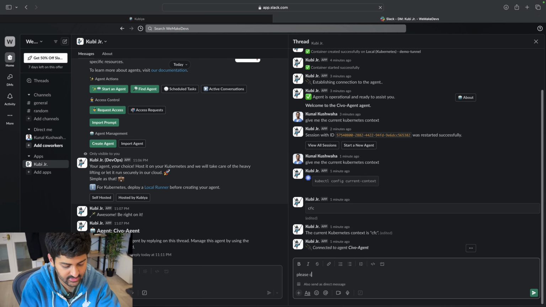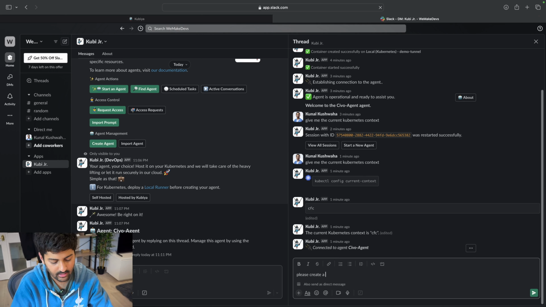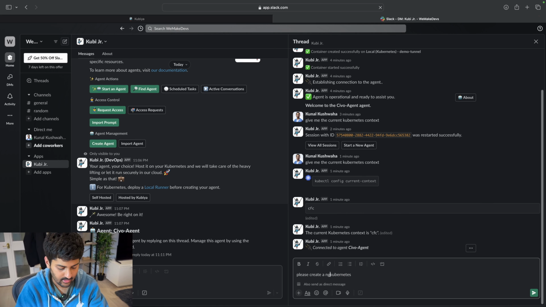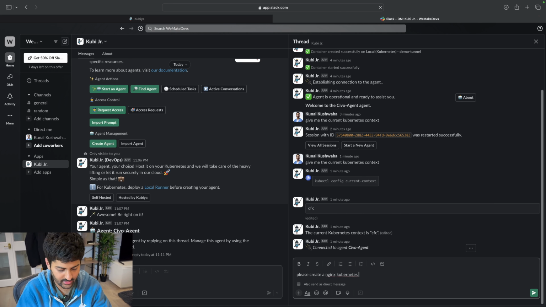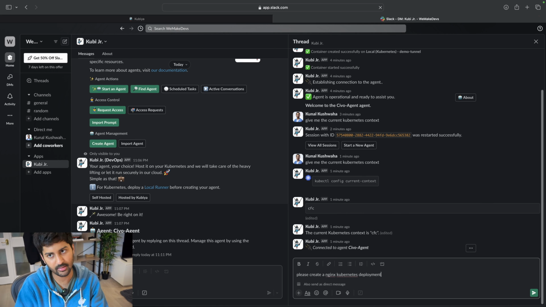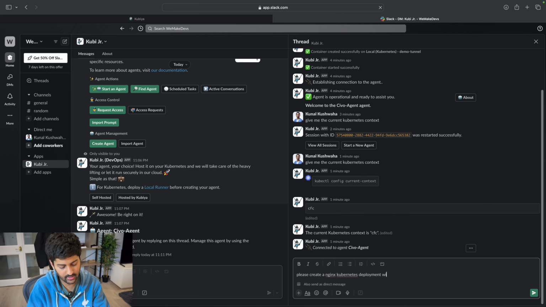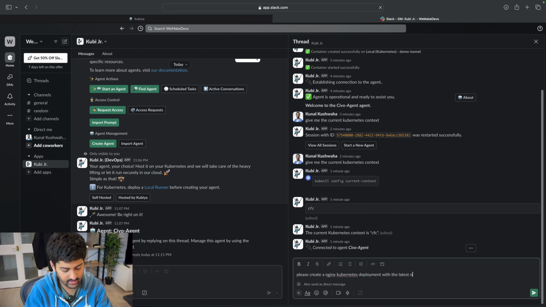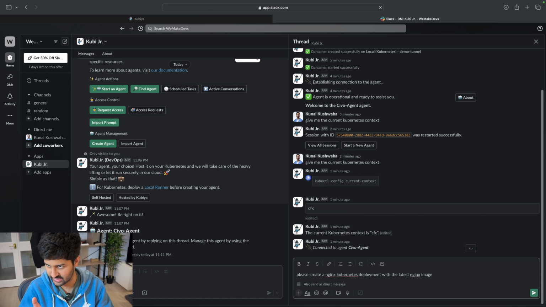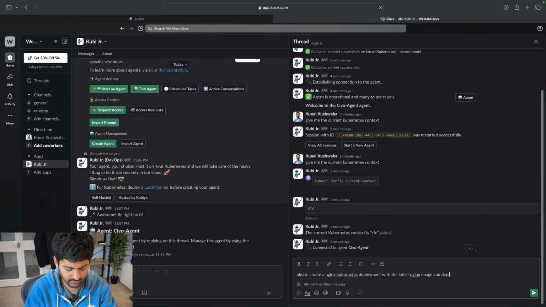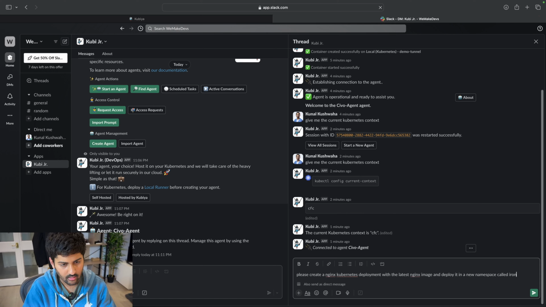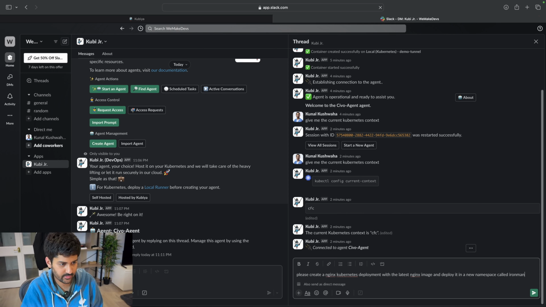So next thing I'm going to do is very simple. I'm going to say, please create a Nginx Kubernetes deployment. Let's start with something simple. Nginx Kubernetes deployment with the latest Nginx image, and deploy it in a new namespace called Iron Man or something.